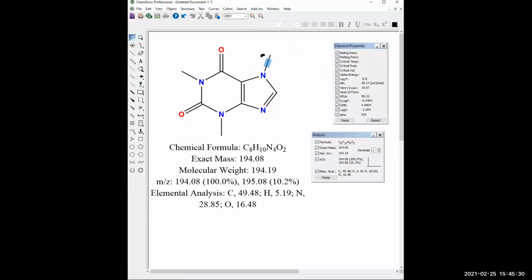And so while we're on this, one more thing you can do. So we know this is caffeine already because we mentioned that before. But say you're getting a new structure and you're looking to predict the name of it, right? Or maybe you know it's a known structure, you're trying to get the official organic chemical name of it, right? Which some of those can be kind of long, have some names we don't normally use. So if we go up to our,